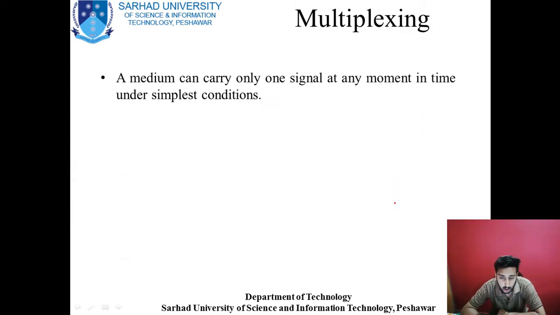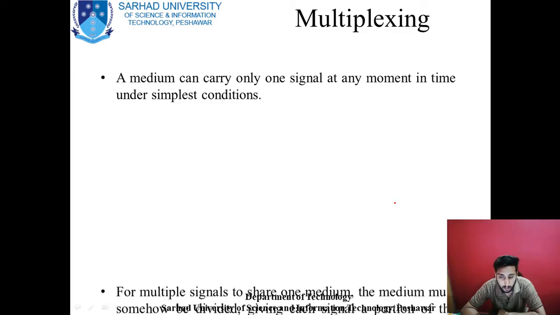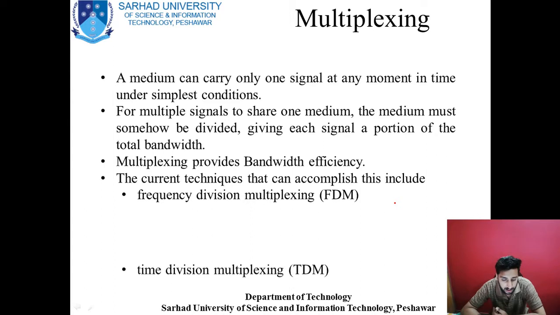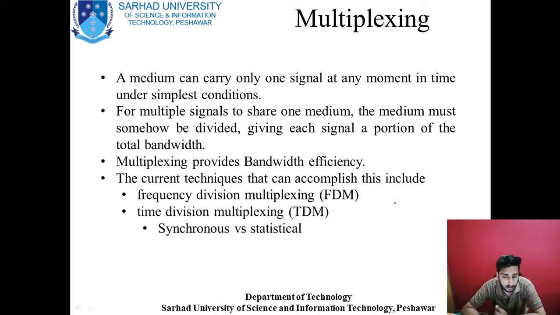Now coming towards the major topic of today's class, multiplexing. What is multiplexing? Let's say there are n users on the transmission side and there are multiple users on the receiving side, so you will need a communication channel from the transmitter towards the receiver. But it will be very hard for you to make different channels and deploy different cables from different users towards different users at the receiving end. You will have to pay a lot of cost, a lot of cable, a lot of resources for that.